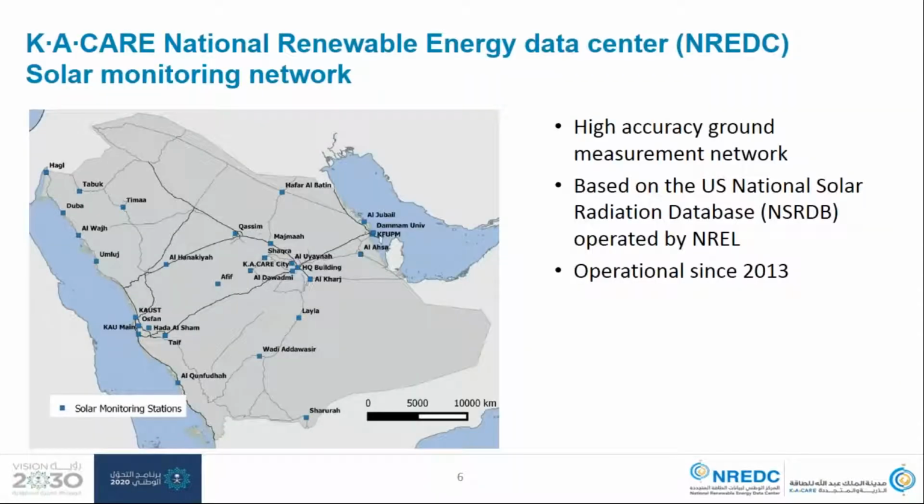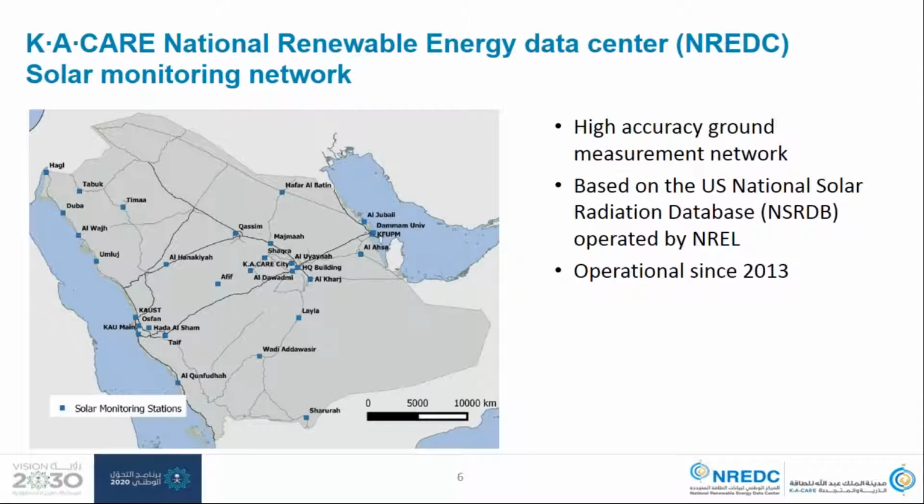So as far as the solar resource part goes, this is one thing that KCare has actually put a lot of effort into over the years. And we operate a system of, I think it's 45 altogether, 45 ground stations where we're collecting solar resource data. That's been operational since 2013. It was originally set up by Battelle, working with some of the people that were originally responsible for the NSRDB at NREL. So it's well designed and has continued to be operated with some degree of collaboration with NREL over the years.